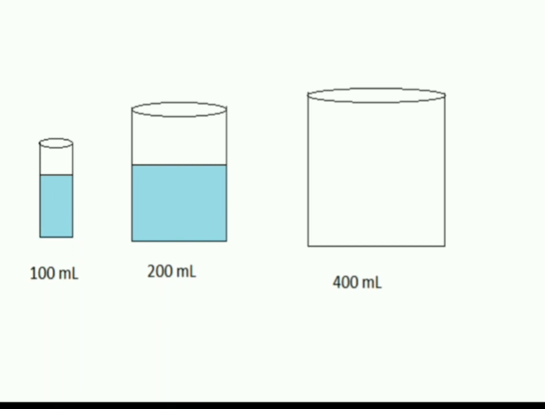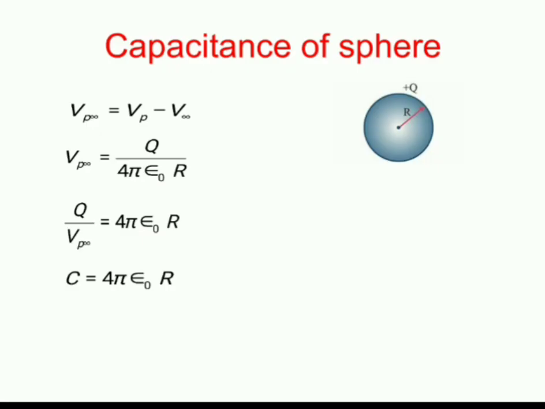Whether you completely fill it with water or partially fill it with water, the capacity of the glass is not going to change. Just because you have only filled it half with water, we cannot say the capacity of this glass is 50 ml. It is only a fixed value, which is 100 ml. That depends on size and shape but not on the amount of water in it. Similarly, a capacitor's capacitance also depends on its size and shape but not on the amount of charge and potential difference.